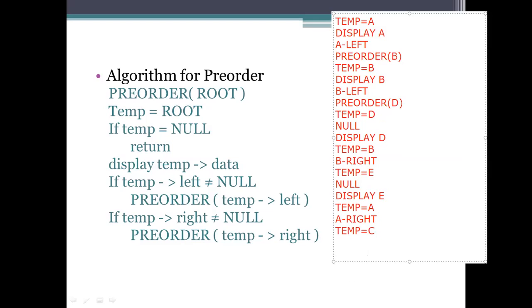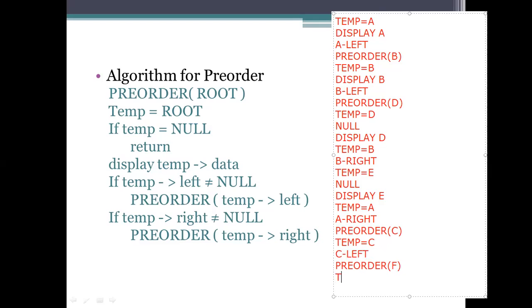Okay. It is having the left child. Pre-order of A is equals to right, pre-order of C. Here the pre-order of what's the next values? Pre-order of F has to be considered. How we are considering F means temp is equals to C, and it is having the left one. C left has to be considered. Then the pre-order of F.